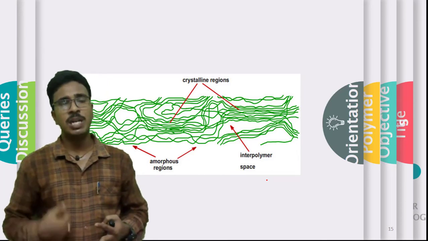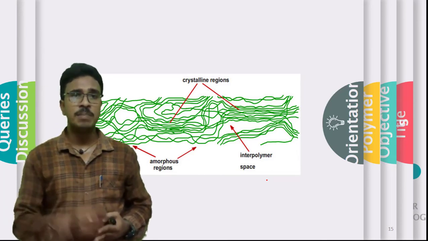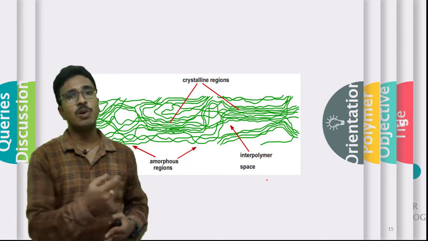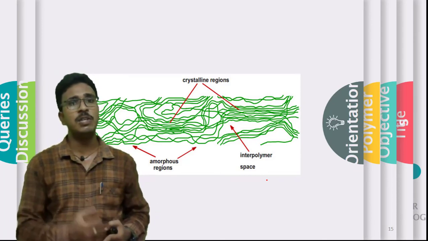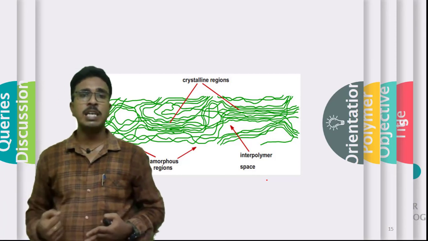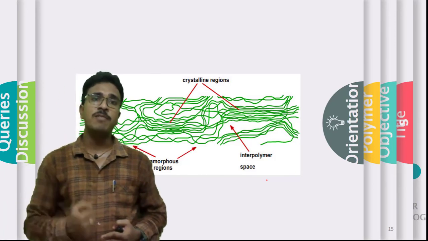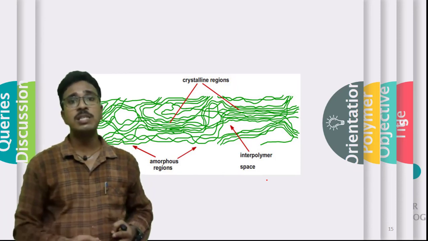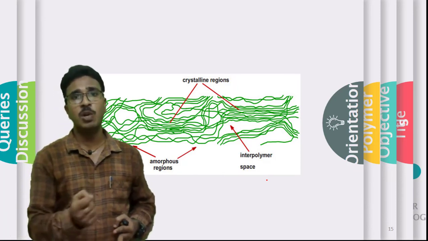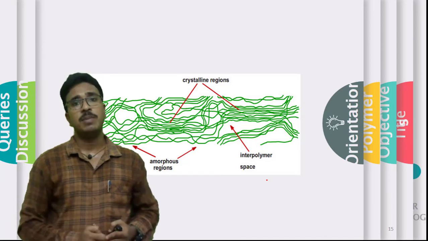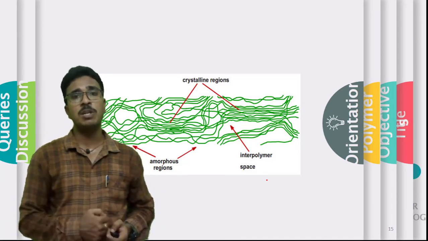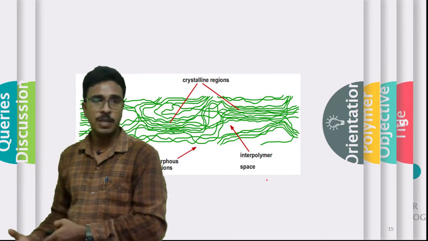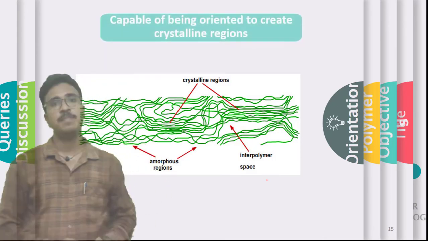That's why it won't absorb the moisture. And if you compare the moisture regain values of cotton and polyester, in the case of cotton the regain is 7 to 8%, whereas in the case of polyester, it is only 0.4%. So from this you can easily understand the importance of the arrangement of molecules in a polymer, and how it influences the final properties of a particular polymer.